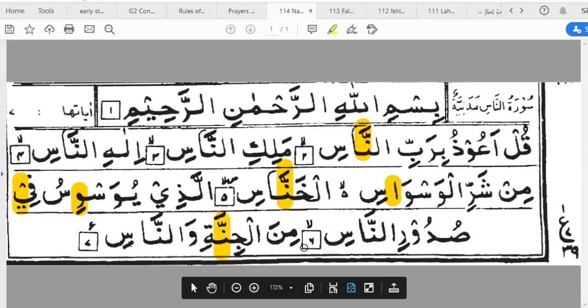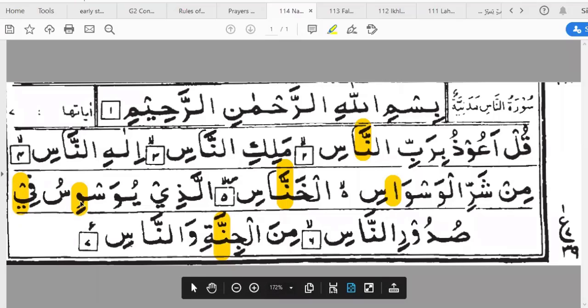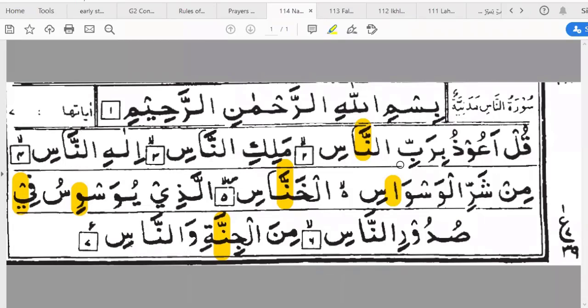All right, your recitation was pretty good. Just to remind you again about the few rules. When you were practicing this chapter, Surah Nas, last week, you were taught about the gunna rule. As you can see throughout the chapter, there are a lot of gunnas. You can see Nun Mushaddad a lot of times. So remember, when you are pronouncing the gunna sound, you're supposed to prolong the sound for 2 seconds, and you